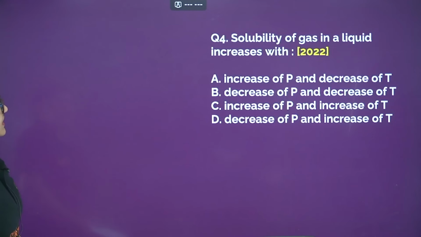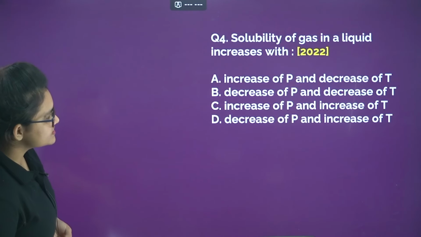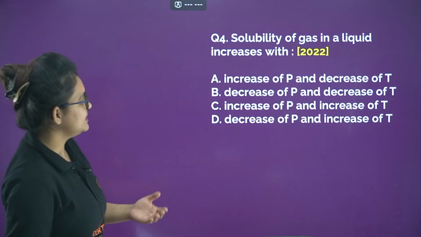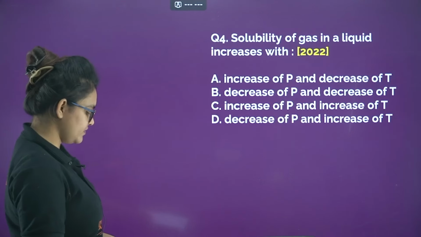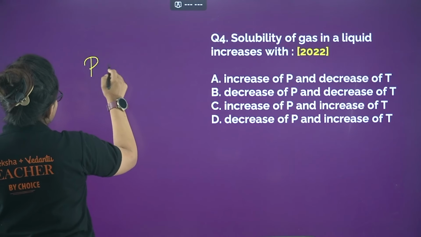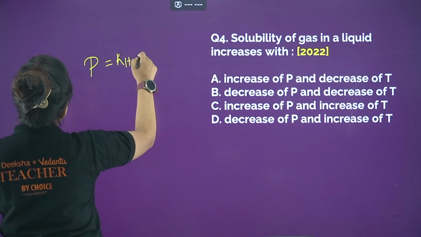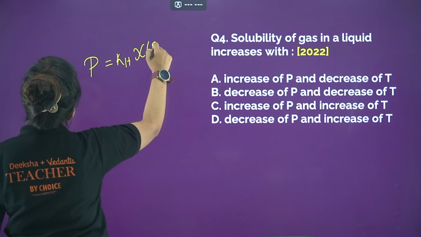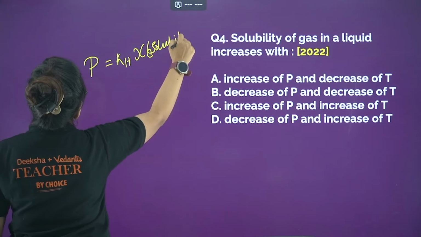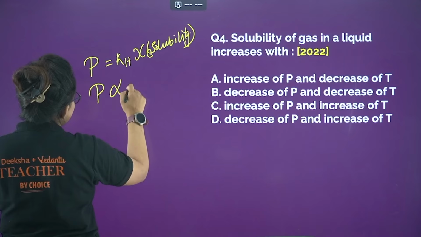Here you can see, solubility of gas in liquid increases with, then you are having options: increase with P and decrease of T, decrease of P and increase of T, increase of P and increase of T, and decrease of P and increase of T. So if I just write Henry's law from here, partial pressure equals KH into mole fraction. Mole fraction indicates the solubility itself, right? So I can write that P is directly proportional to